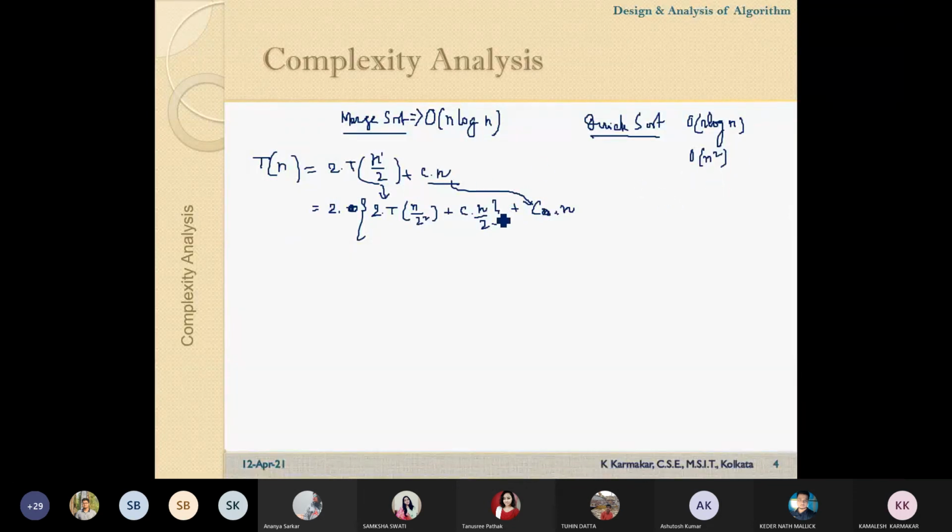So how will you prove it? Basically, it's not proof. Basically, how will you determine that the complexity of quick sort is big O of n square or big O of n log n in the best case? You can use the same technique. You can use recurrence relation. You can use the substitution method, or you may use some other technique to prove it.